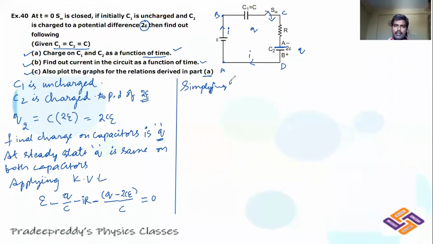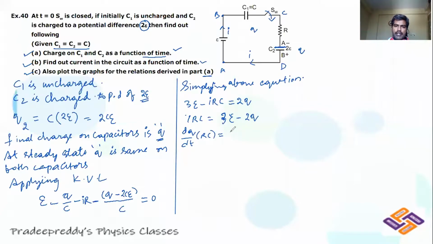Above equation, you can write that expression as 3E minus IRC is equal to 2Q. Okay. And you can write IRC is equal to 2 IRC. IRC comes over here, that is 3E minus 2Q. What is I written as? I is written as dq divided by dt into RC is equal to 3CE